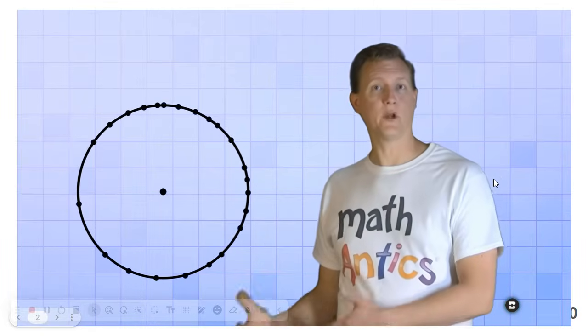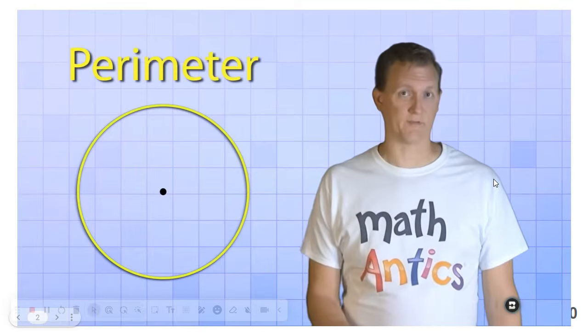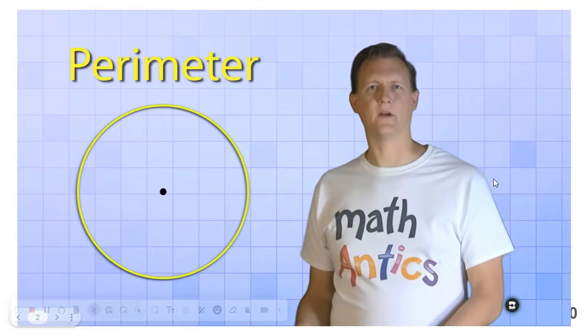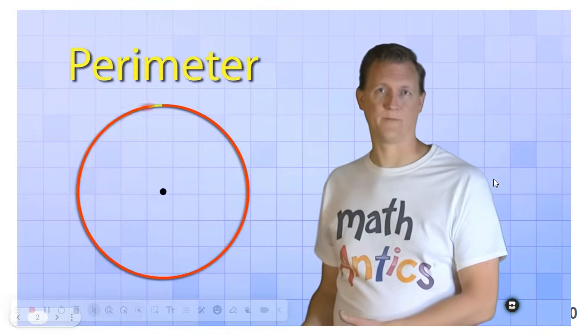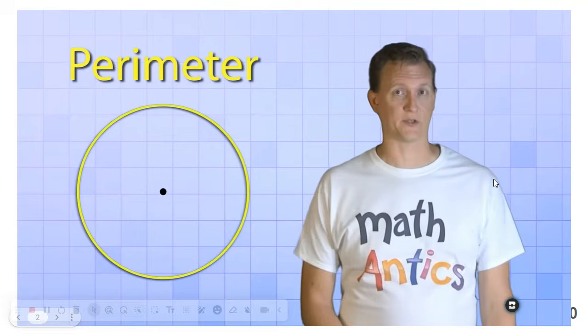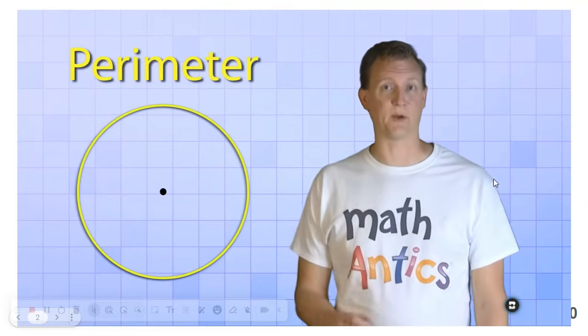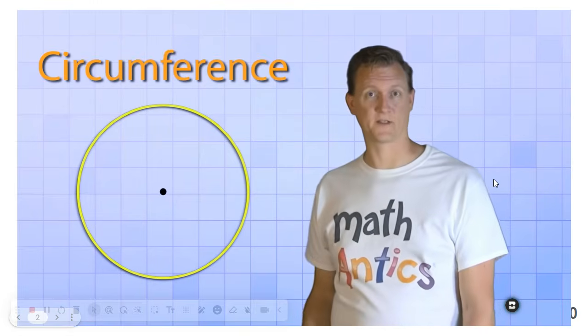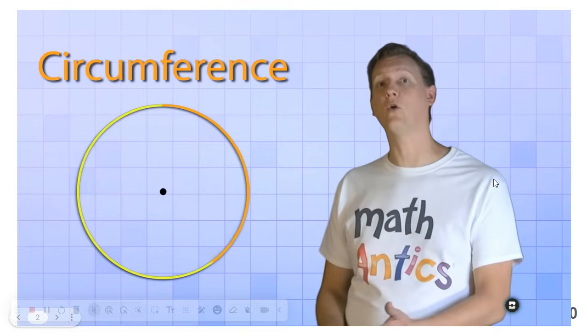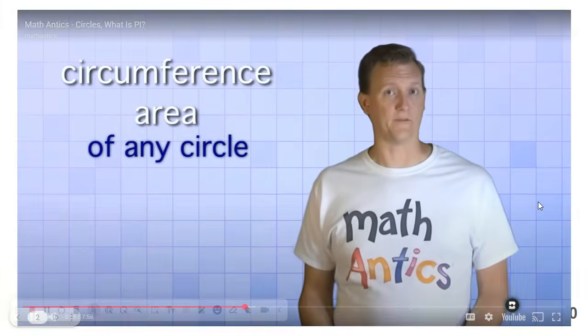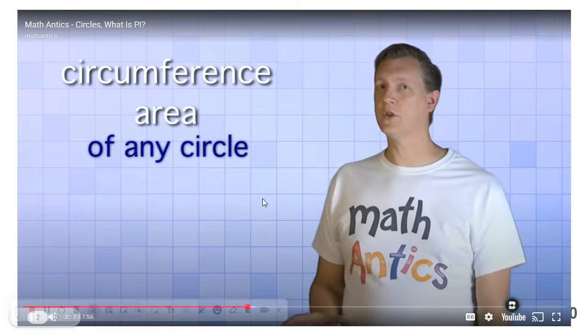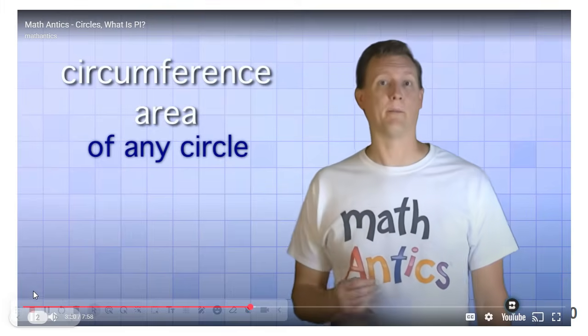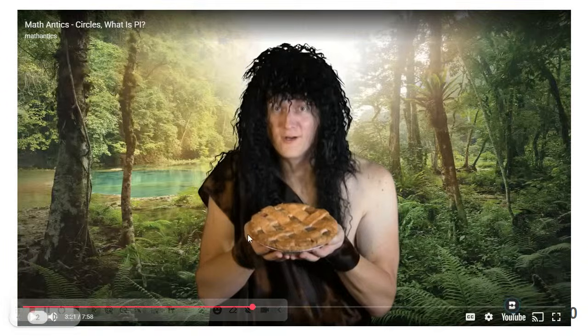All of the equidistant points we drew combine to form the perimeter of the circle. Remember that perimeter is just the distance all the way around a shape. But because a circle is a special shape, the perimeter of a circle gets a special name. It's called the circumference. The circumference is the distance all the way around a circle. We're going to learn how to calculate the circumference of any circle in the next video. We'll also learn how to calculate the area of any circle. But before we can learn those things, we first need to learn about pi. Grog